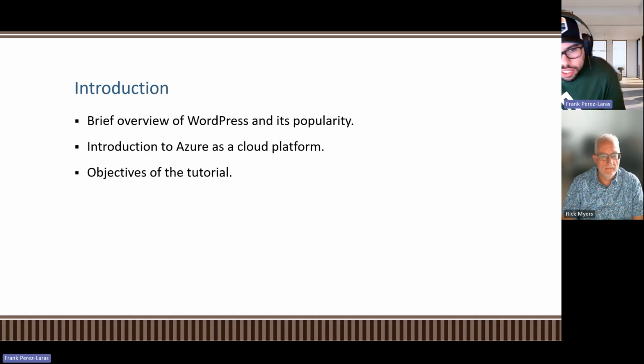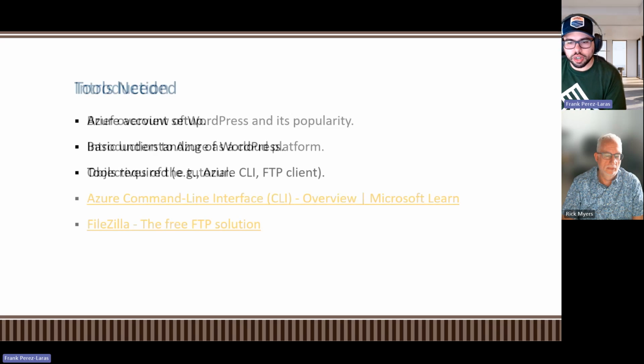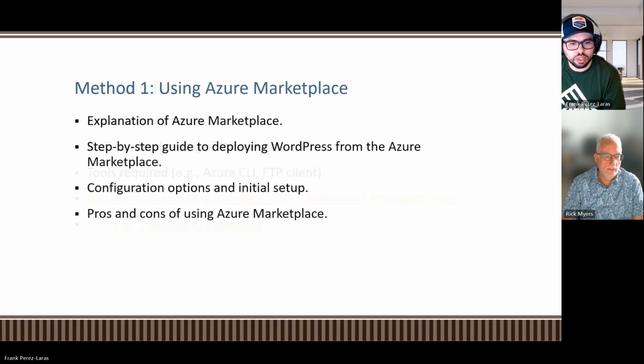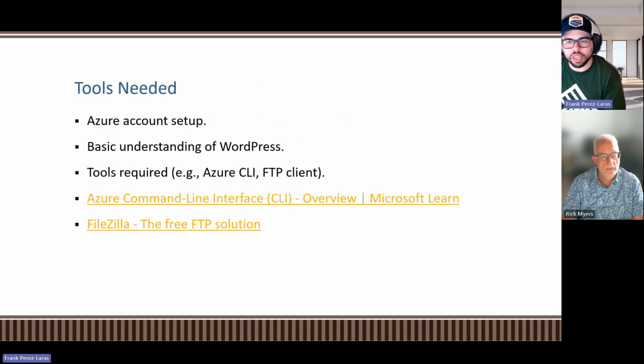In today's presentation, our objective is to explore the different methods available for deploying WordPress on Azure. And we'll look into the pros and cons of each approach, helping you make an informed decision on the best deployment strategy for your needs. So let's get started. Did I skip a slide? Okay, yes. So before we dive into different methods of deploying WordPress on Azure, let's go over some of the